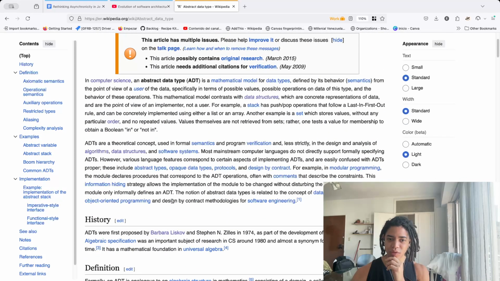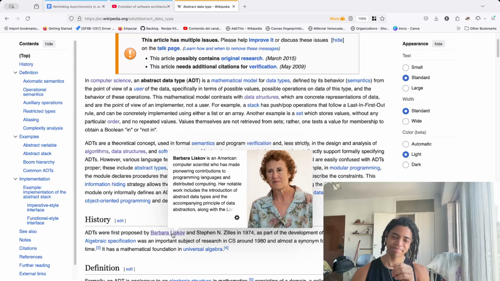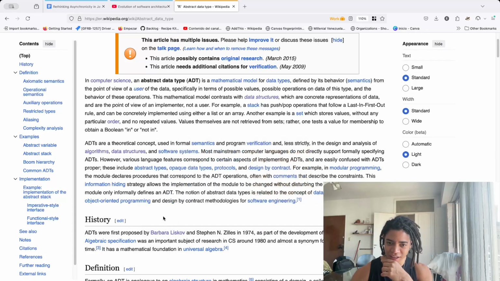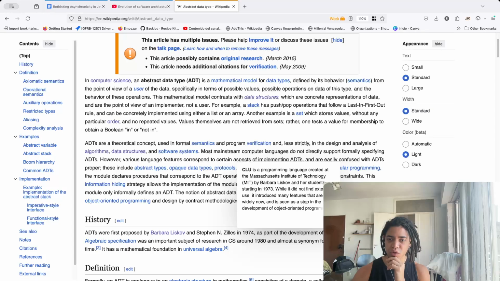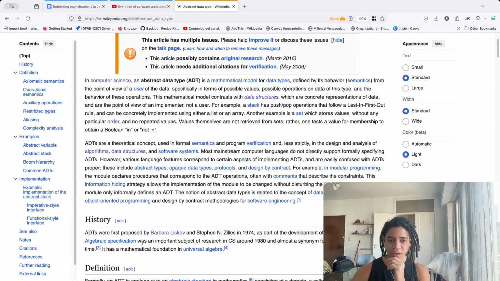ADT was first proposed by Barbara Liskov. Shout out to Barbara Liskov. And Stephen Zilles in 1964 as part of the development of the CLU language. Algebraic specification was an important subject of research in CS around 1980 and almost synonymous for abstract